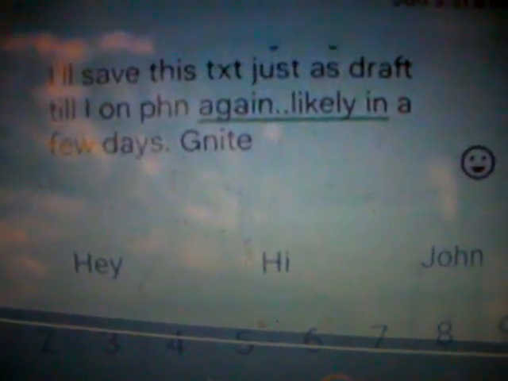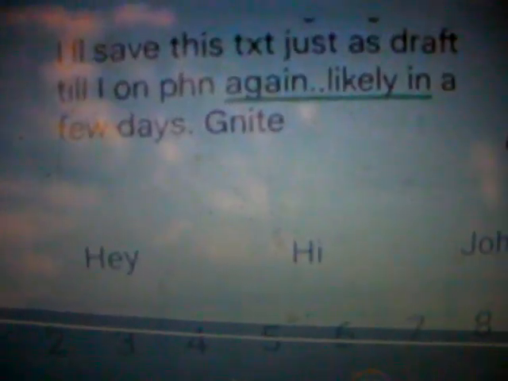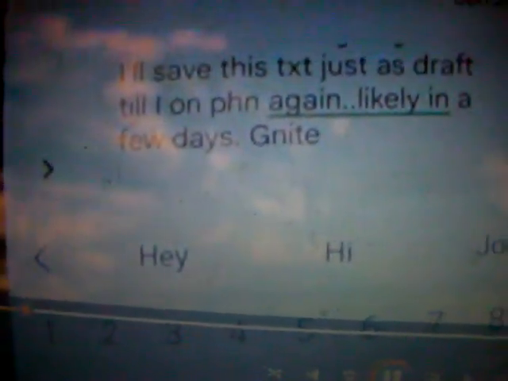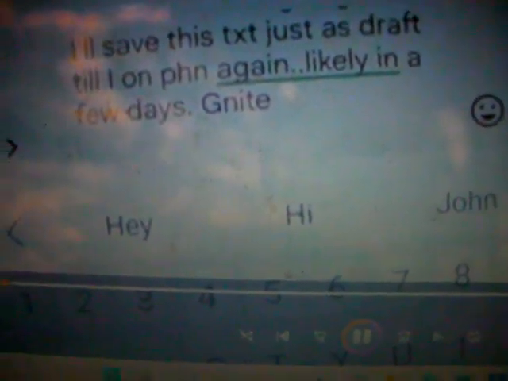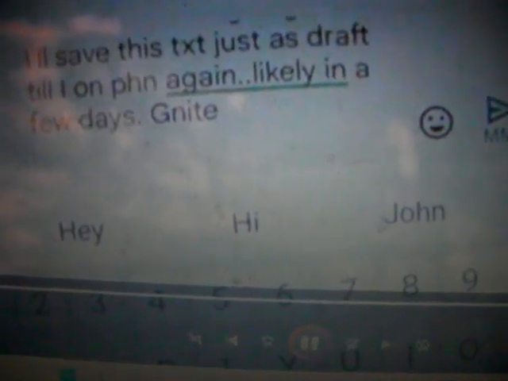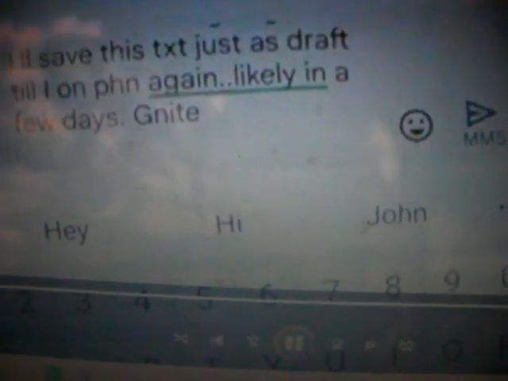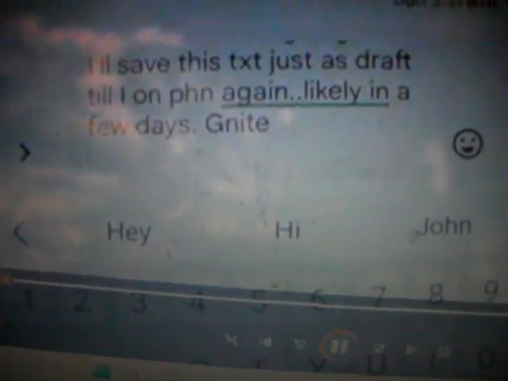The issue here, the only reason I mentioned the phone, is you can try it with that Samsung phone, a 2023 model or a 2022 model of any Samsung phone. You can start a new paragraph on the text, and I guarantee you, it will not say, hey, hi, John, okay? It'll be normal predictive text. So it's not a glitch in the phone. It's not that the phone was programmed like that. Obviously, what are the chances that they would program the phone like that at Samsung headquarters, wherever the hell they build these things? What are the chances that they would program it to say John, my name, right? To say, hey, hi, John, and then a couple of months later to say, hi, hey, John, like I showed you on the previous video.